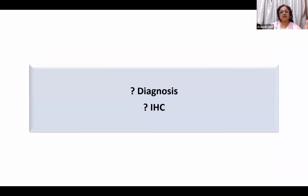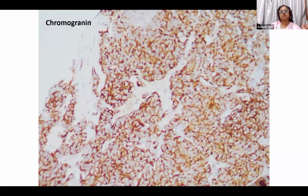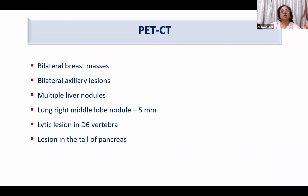So we did some IHC markers. CK7 was completely negative. Synaptophysin nicely positive. Chromogranin nicely positive. S100 again, it was focally positive. Ki67 rather high. So we were about to call it neuroendocrine carcinoma, but then